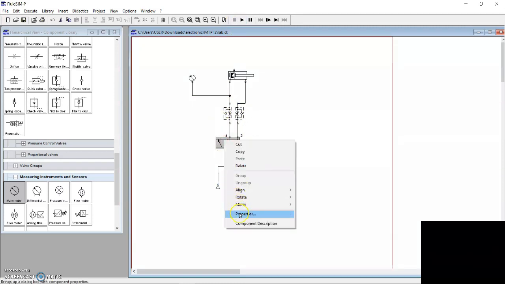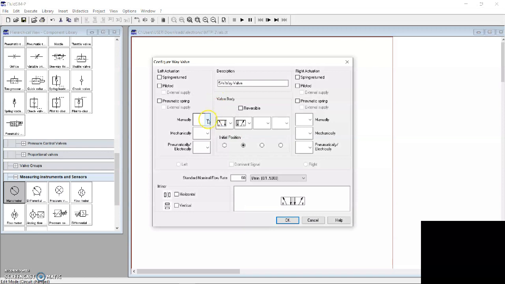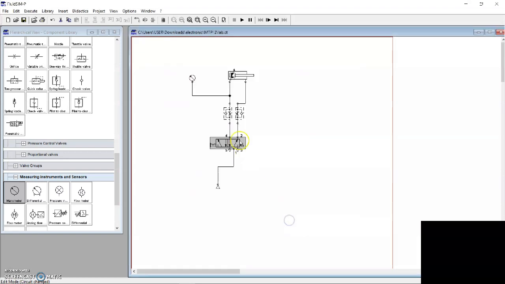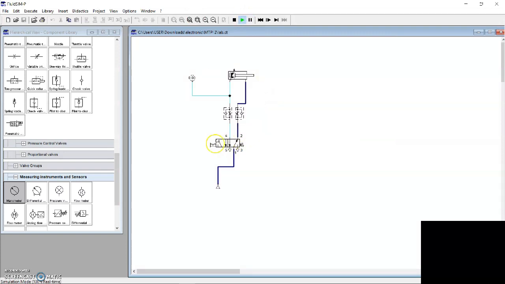We go to the properties, we put the button and spring return to change the color, to change the flow. So we try to run it. When I push this button, the color is changed, and you can see the manometer has a value. So that's all from me. Thank you.